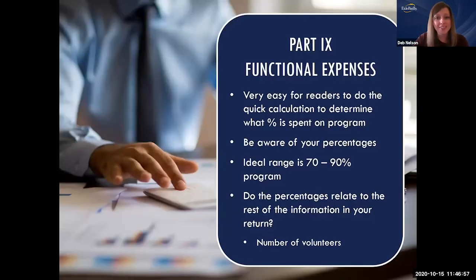And then functional expenses. I'm sure you're all very aware of functional expenses. Many readers will still focus on this and make judgments about how you're spending your charitable dollars and how much of it is going towards programs. So they do this by looking at this part of your 990, and they can take your total program expenses divided by your total expenses to come up with your percentage of program service expenses. I won't get on a rant about how you can't look at that in a silo and need to take it into consideration with other things, but I think it's something that you need to be aware of because people are still evaluating organizations based on this one factor.